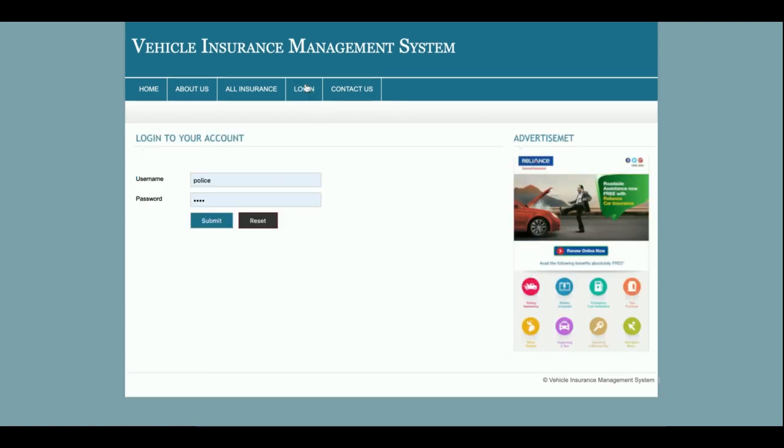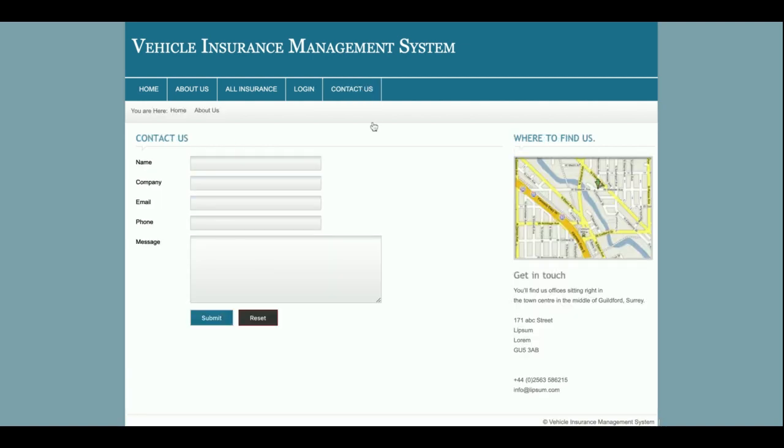This is a login. This is a mini project, that's why it has only admin login. There is no customer login and no customer registration inside this project. You can log in using the username admin and the password test. This is the contact us page, and it's a static page. We are not saving the values of this page anywhere in the database, and we are not sending any type of email or SMS from this page, right?